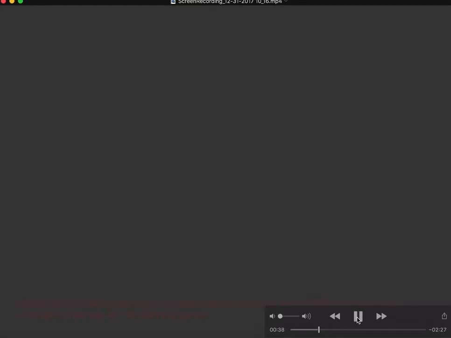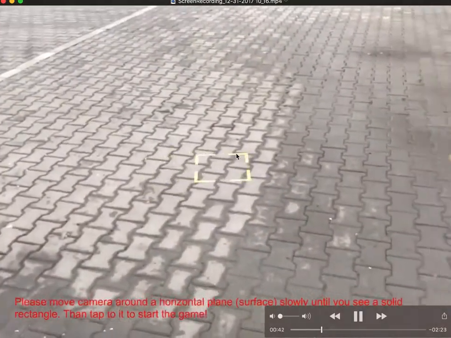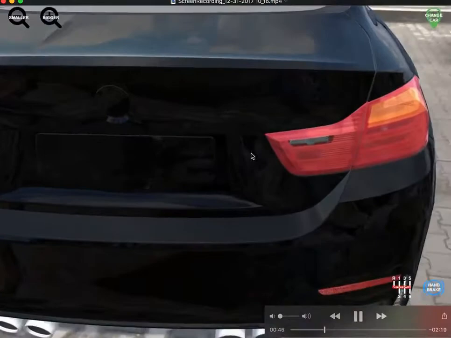Hi guys, I will just try to explain how the AR remote car works with the new ARKit SDK. So just open the application and you will see a searching rectangle like this, and when it finds the surface it will be a solid rectangle just like that, and just tap